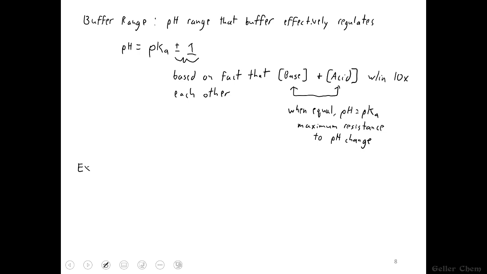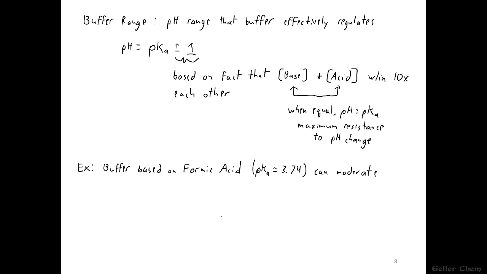So for example, a buffer based on formic acid, whose pKa value is equal to 3.74, can moderate pH changes over a range of 2.74 to 4.74. But if you had some solution that you wanted to keep at some stable pH around